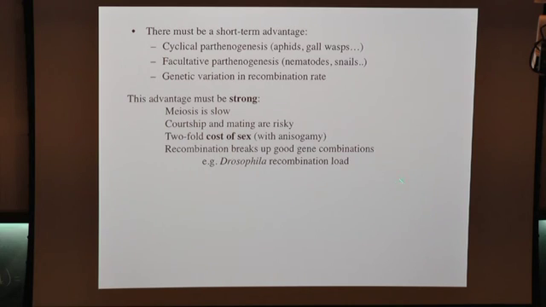And one can actually measure that. It's rather hard to do. There have only been a few rather heroic experiments in Drosophila, one by the Charlesworths, one by Lowe, I think, quite a long time ago. But they basically use the trickery of Drosophila classical genetic engineering, not just ingenious crosses, to take chromosomes from the wild and either pass them through males, in which case there's no recombination, and look at the effect of that chromosome on the survival of larvae, or take a chromosome from the wild, take it from a female, therefore it would have undergone one round of recombination, and ask for the effect of that recombined chromosome.